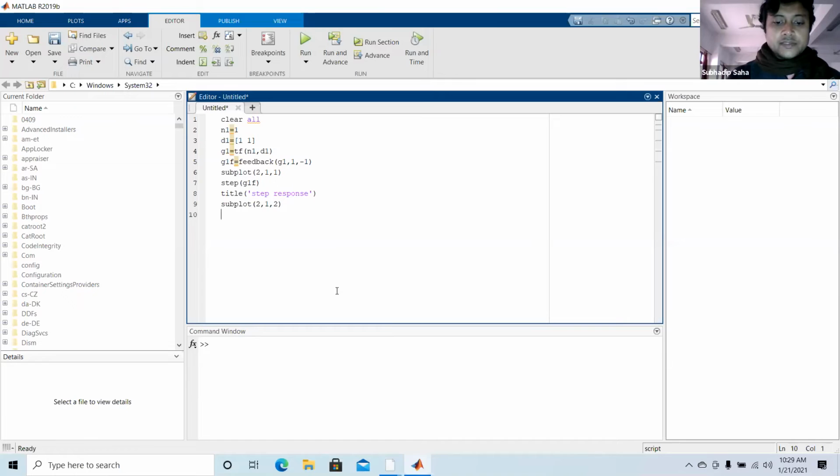It will be impulse of G1F. Okay, and then title, give a colon, impulse response.